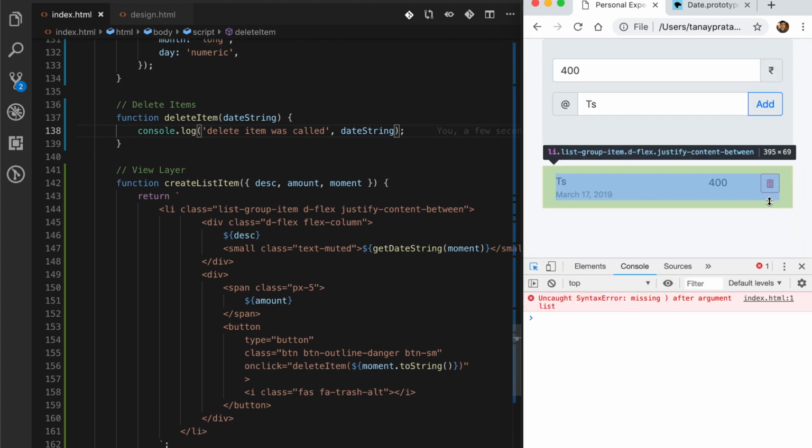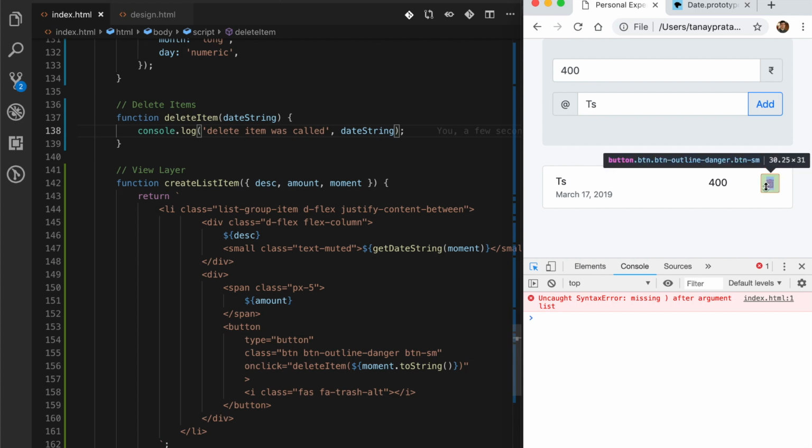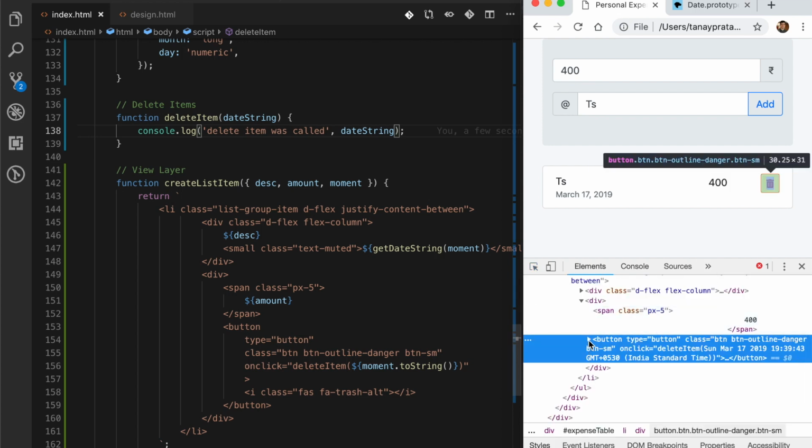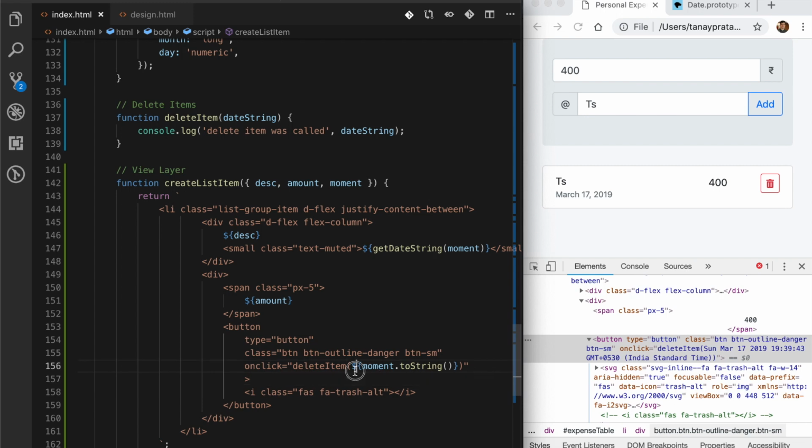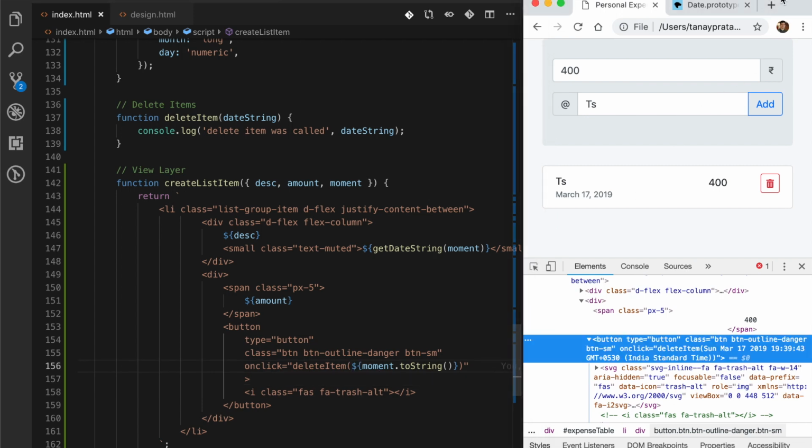What did I do wrong? Let me see if this button is being rendered properly. If I see the button and the onClick method, it has deleteItem with Sunday, India Standard Time. I think there is no string with it, and that is creating the problem. So what we can do is use another